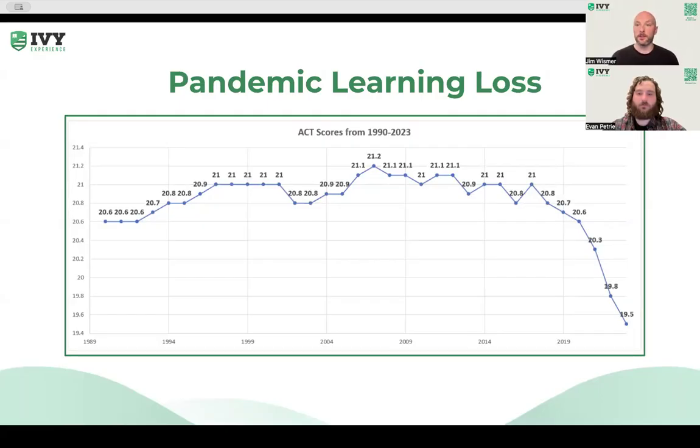Obviously students suffered in their learning as a result, and the standardized tests actually reflect that. So, standardized tests tell the truth and they tell the same thing year over year. Now, when I say standardized tests tell the truth, I don't mean that you are your test score. I want to be very clear about that. Standardized testing is very accurate on a population level, meaning that the aggregate of test scores is correct. And it means that, generally speaking, standardized tests serve an important part in the college admissions process.